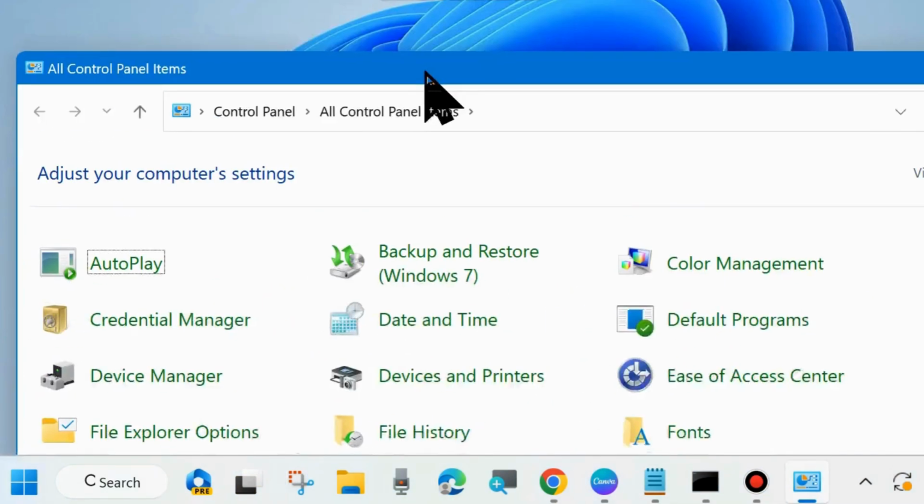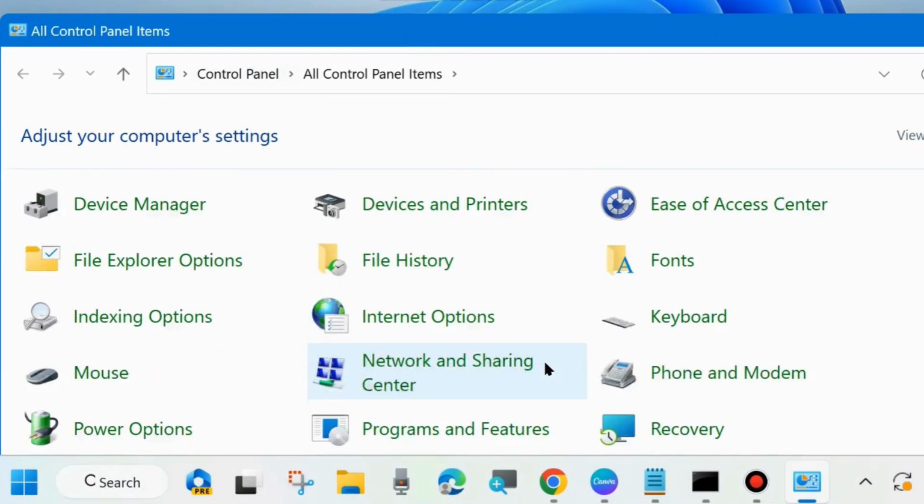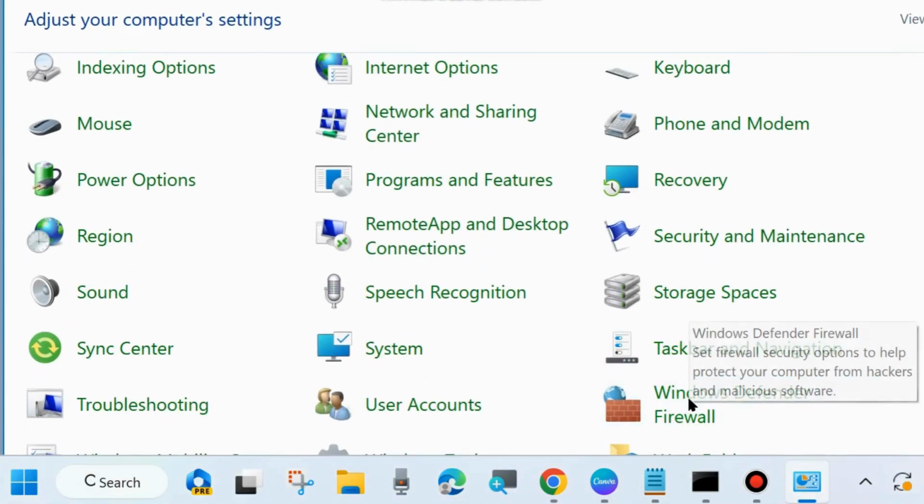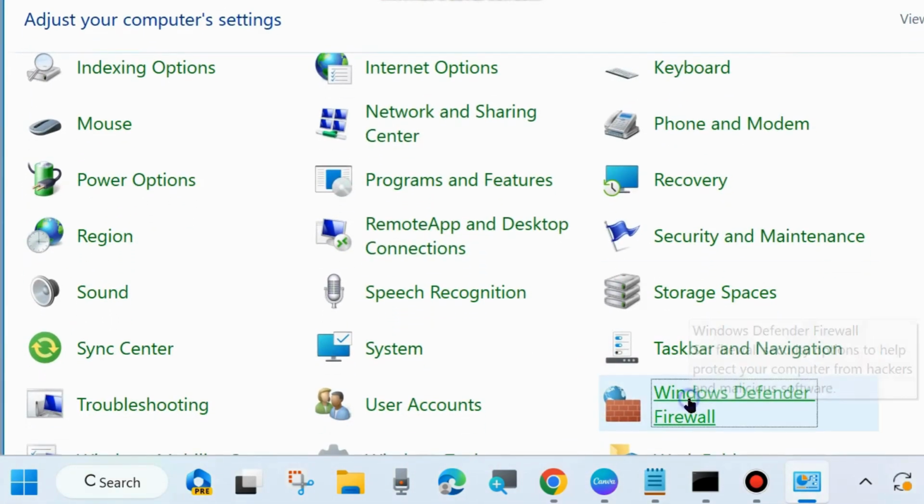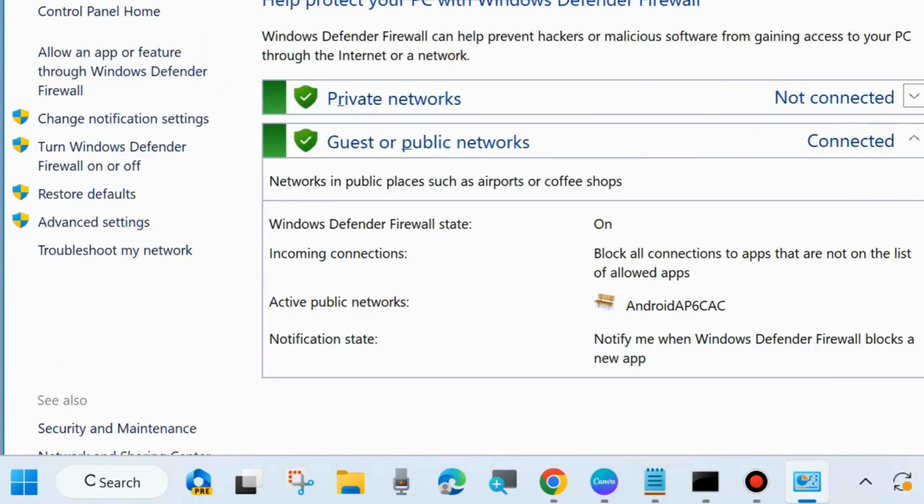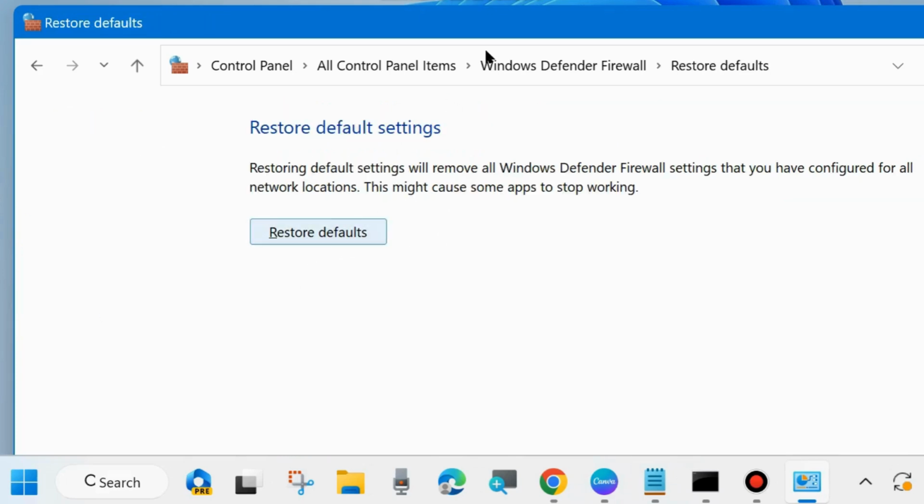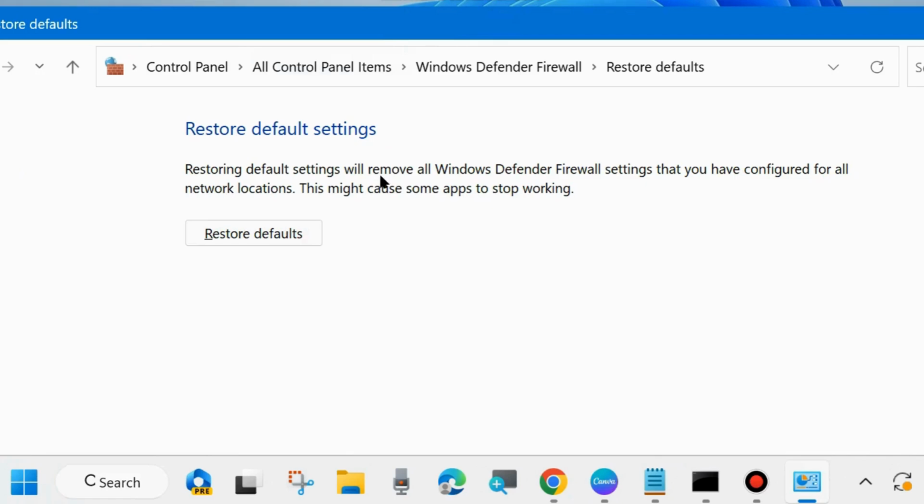And here, look for the option Windows Defender Firewall. Open it. Here, from the left side, you will find the option Restore Defaults. Click on it and restore default settings. Restoring default settings will remove all Windows Defender Firewall settings that you have configured for all network locations. Choose Restore Defaults